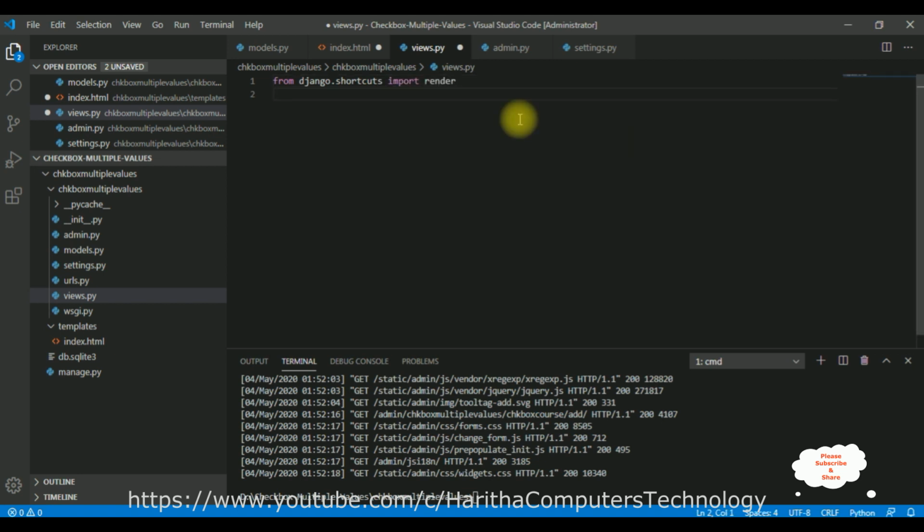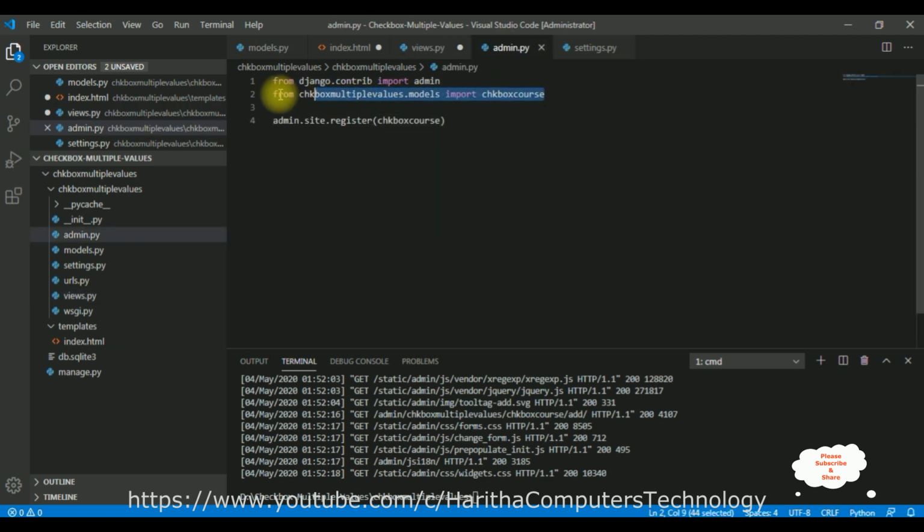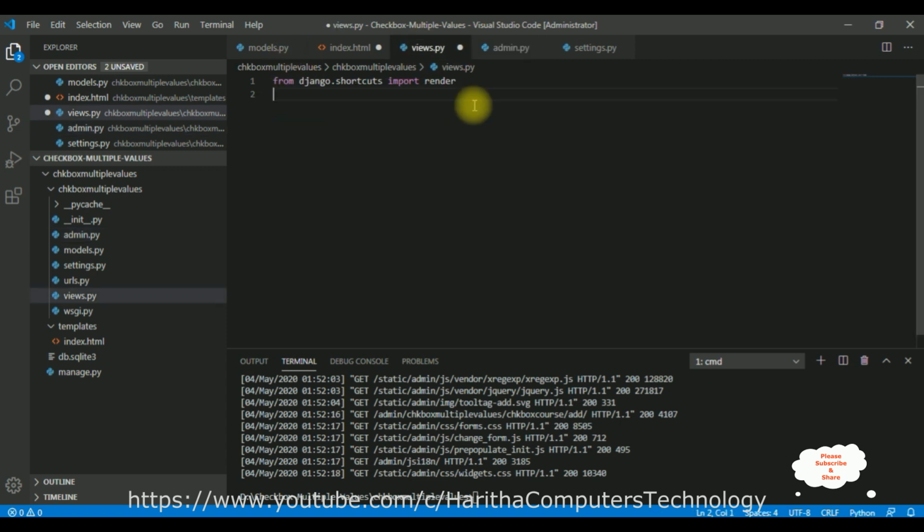Then open admin.py. I require the multiple models class also. Copy that one and paste here. After that, let's define the function save values. Save values takes a request